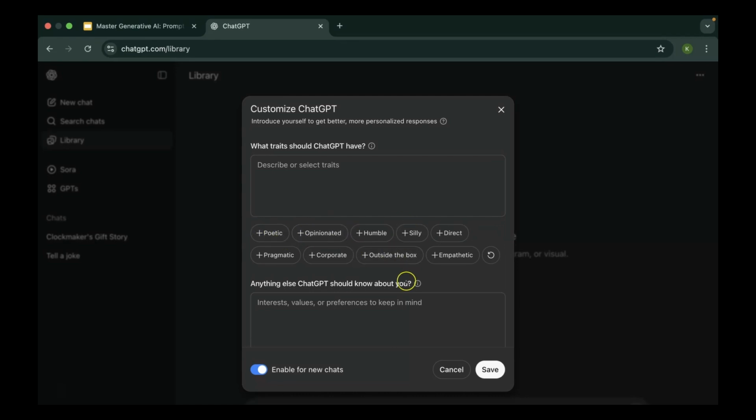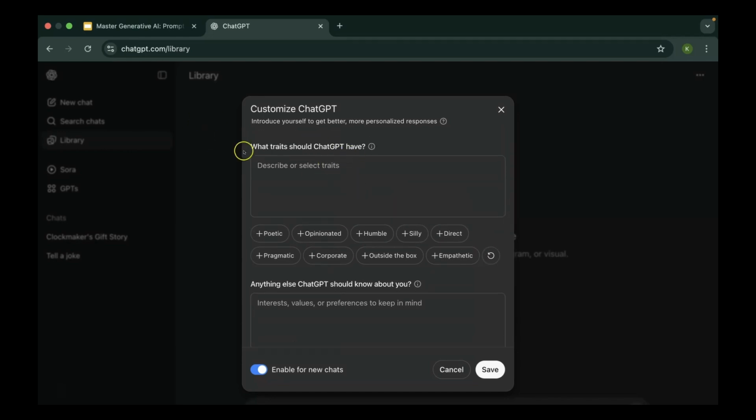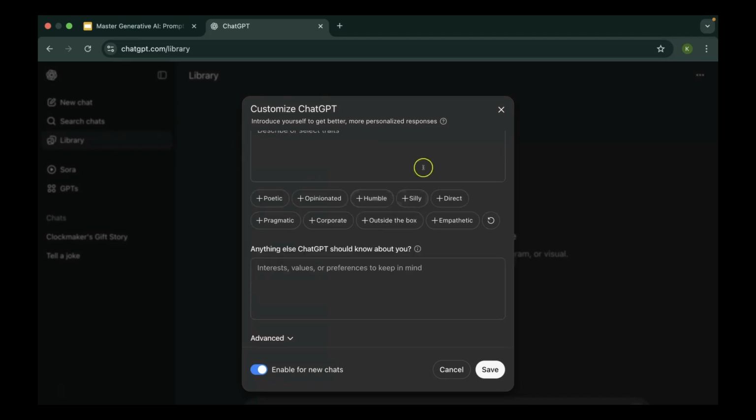So poetic, opinionated, humble. I can even tell it to be like my favorite character. I can tell it to be like Albus Dumbledore. But yeah, that's going to be more poetic and stuff. But yeah, this is what I can do. I can have my ChatGPT have some traits. And then there's more: anything else ChatGPT should know about you. So I can tell it that this is what I do